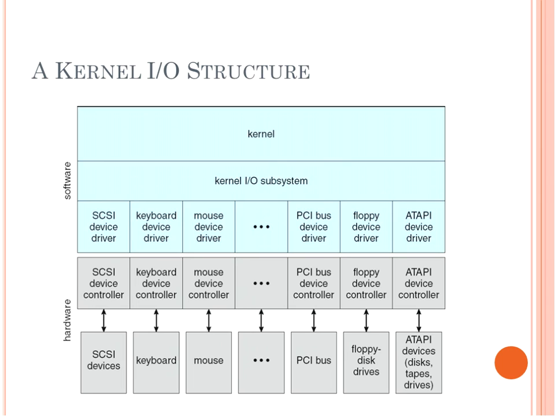Here's the kernel input-output structure. This kind of brings in, on the bottom, there's all the hardware, and on top, there's all the software. So this displays your bridge between your hardware and software. There is a video as well on the announcements page that kind of gives you a little glimpse into hardware, how hardware and software communicate. These are very important operating system programs.